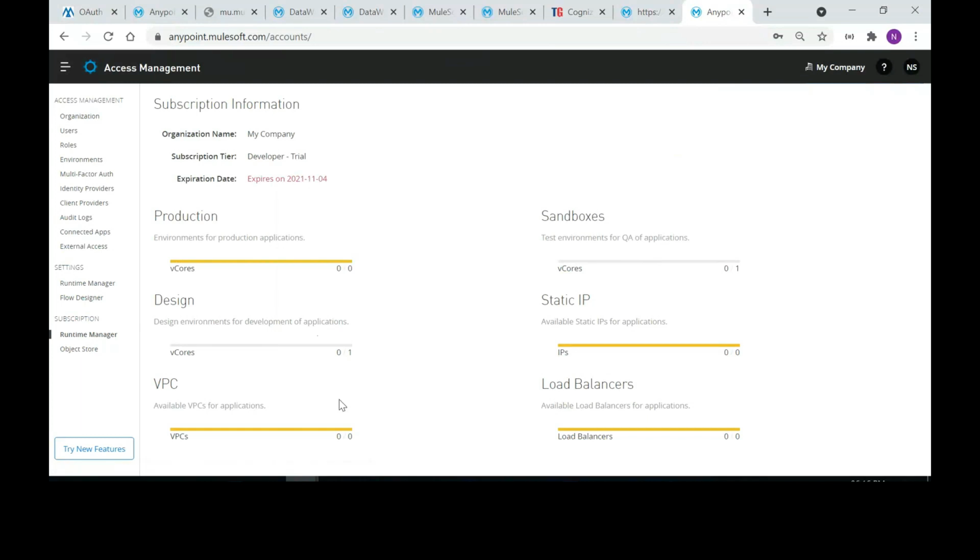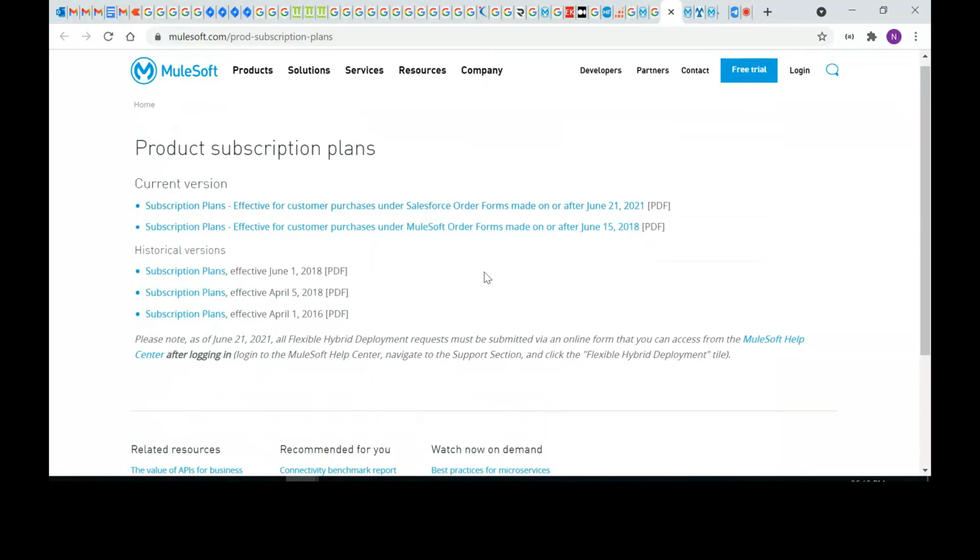So what is the license component in this, and what is available along with the base subscription or a platinum subscription? Oh, you were telling about these PDF documents on the MuleSoft site.